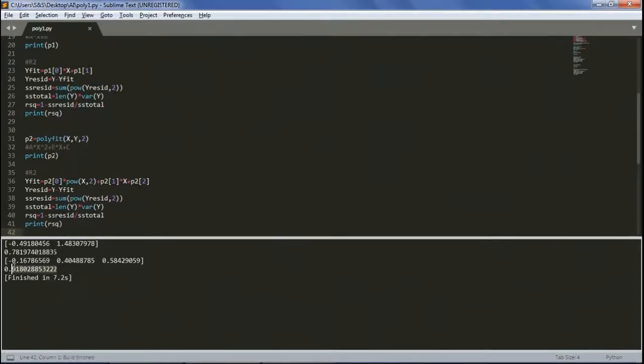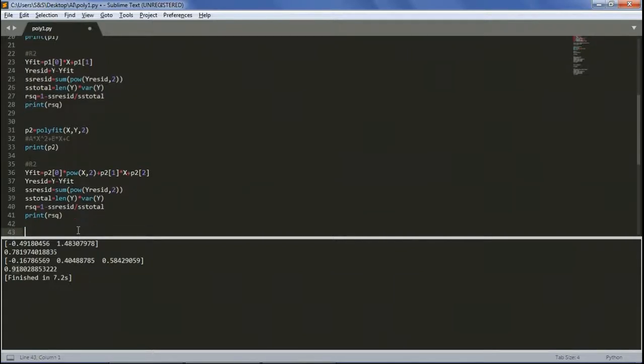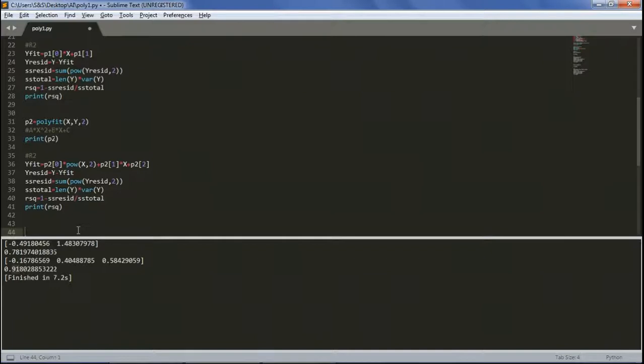So as you can see, we have a good accuracy, and the error has been decreased from 78 to 91%. And finally we make a third order polynomial regression. So define P3 similar to previous, to use polyfit x and y and 3,